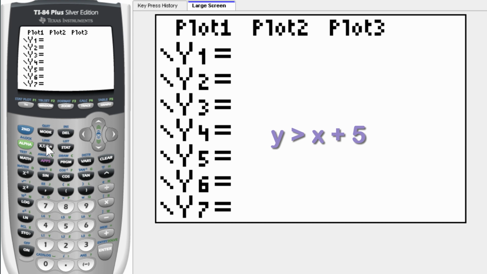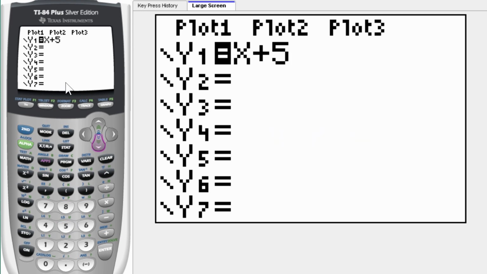I need to use the variable key whenever I type in x, and that's below the mode button. So x plus 5. And now I'm going to scroll down to y sub 2, and I'm going to type in my second inequality. Now the second inequality I want to use for this problem is y is less than negative 2x minus 1. So I'm going to type in negative